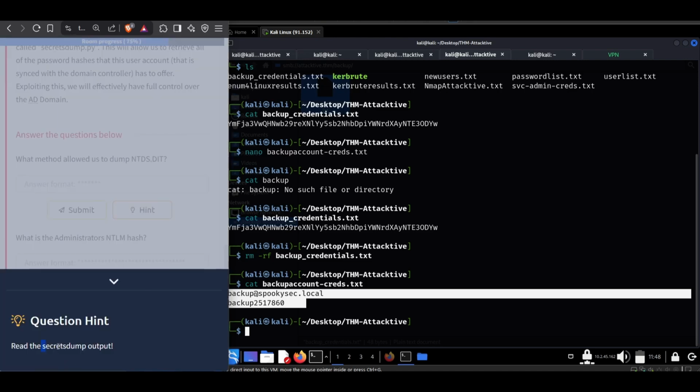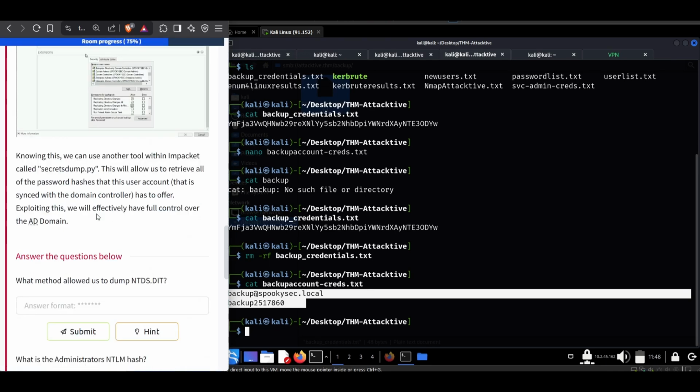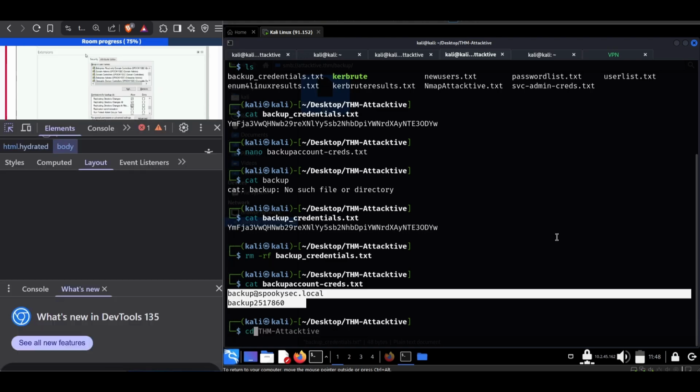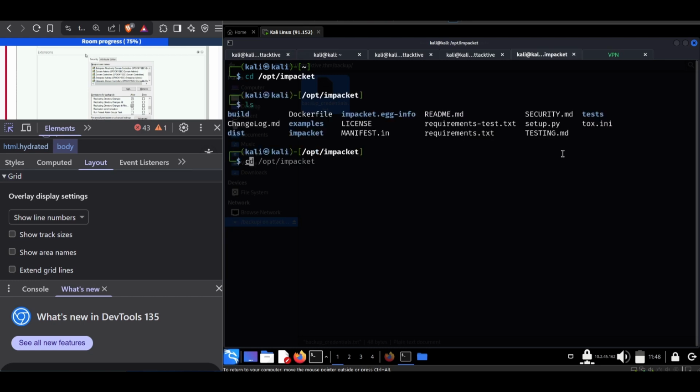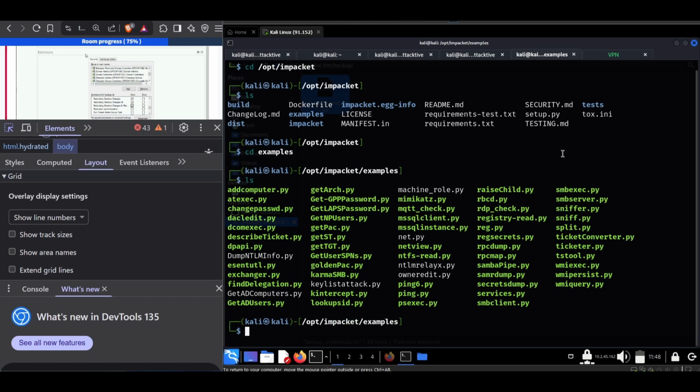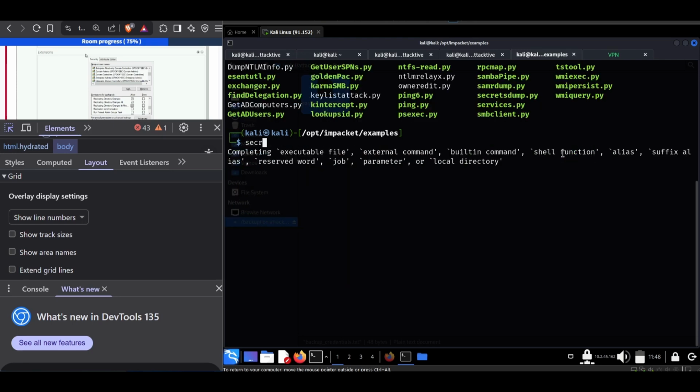Okay, so we should read the secretsdump output. To do this we can use secretsdump.py. So let's go to cd opt impacket. Let's go to examples and let's see if we got. Okay, I can see secretsdump. Let's use